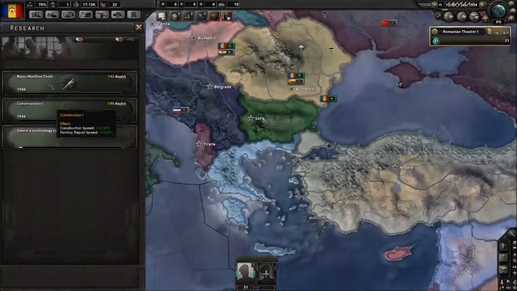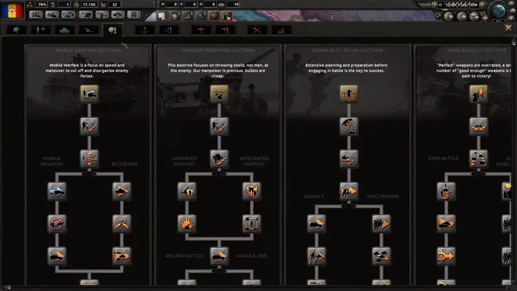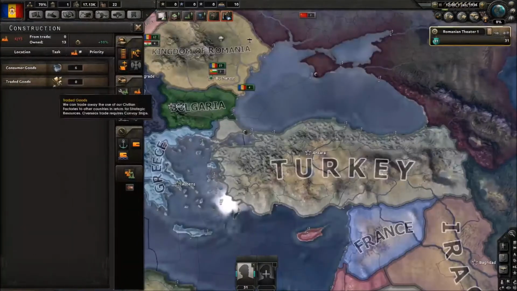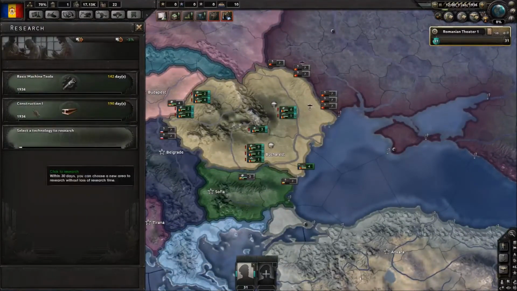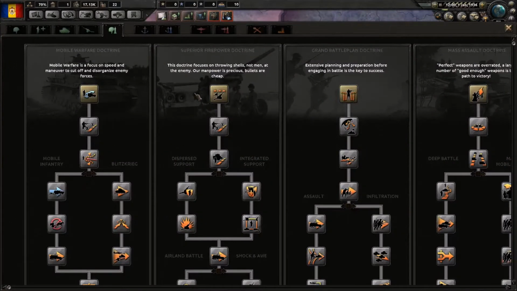And the two standard industry opener, you always want to do that. There are nations where you don't want to do that, the ones with no building slots, where you don't want construction speed, because that doesn't help you. But we have construction to do, and we need to continue down the industry tree either way. So we'll do that. In terms of here, I really think there's only two choices: superior firepower, grand battle plan,